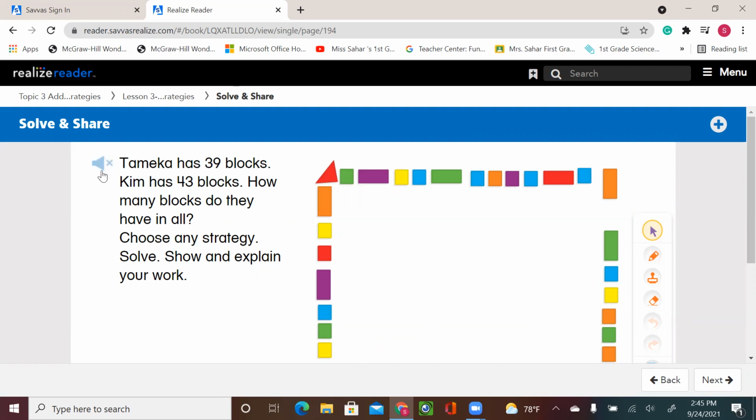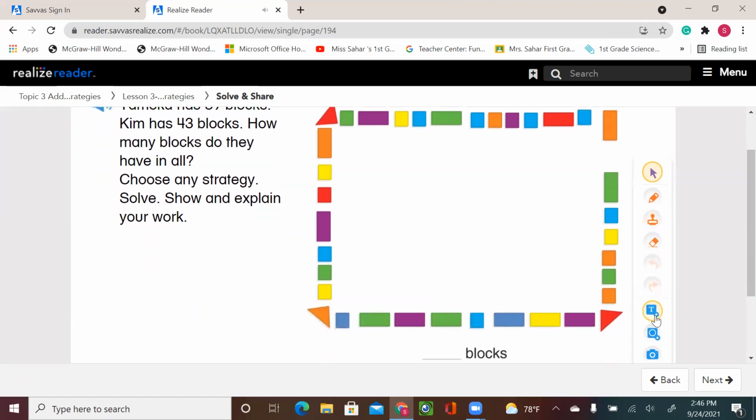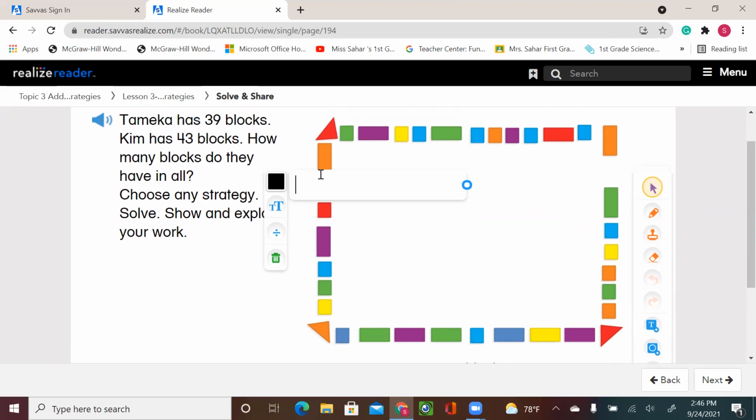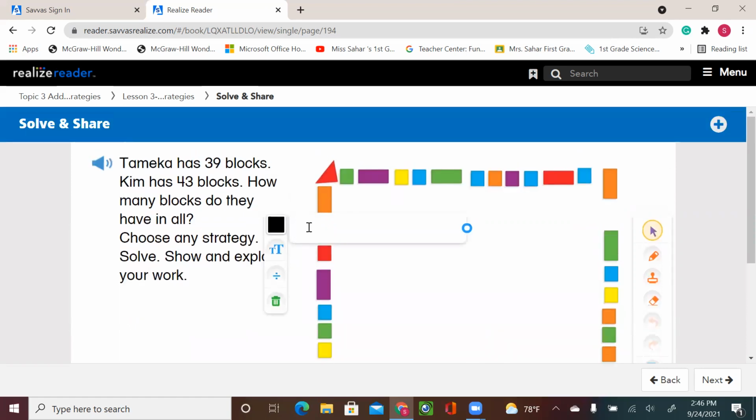Tamika has 39 blocks. Kim has 43 blocks. How many blocks do they have in all? Choose any strategy. Solve. Show and explain your work. All right, so for example, over here we say 39. That's what we have, right? 39 plus 43 equals. We can choose one of the strategies that we learned last lesson, compensation,